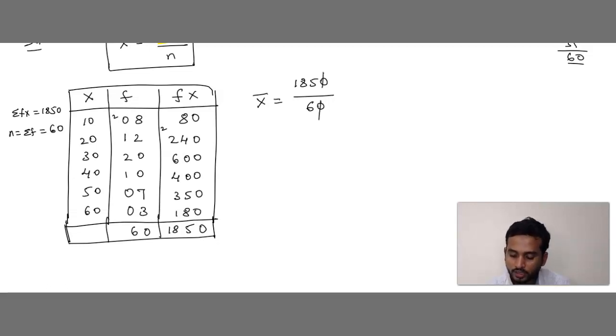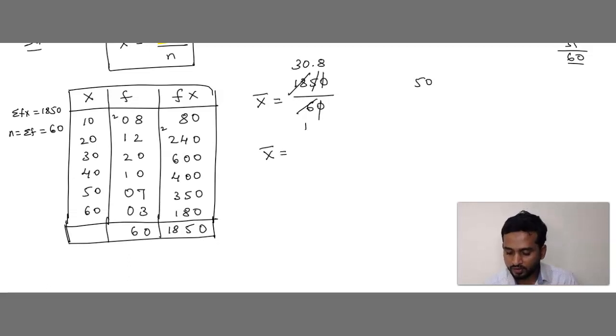See, 0 and 0 get cancelled, right? 6 ones are 6. Understood? Okay, so here we can see 6 3s are 18. In 6 tables, does 5 go? No. So what you can do, you can put 0 and take a decimal point, so it becomes 50. Okay, 6 into what is nearest to 50? 6 8s are 48. Got it? So you can stop after one decimal. If you get one digit or maximum 2 digits, you can stop, no issue.